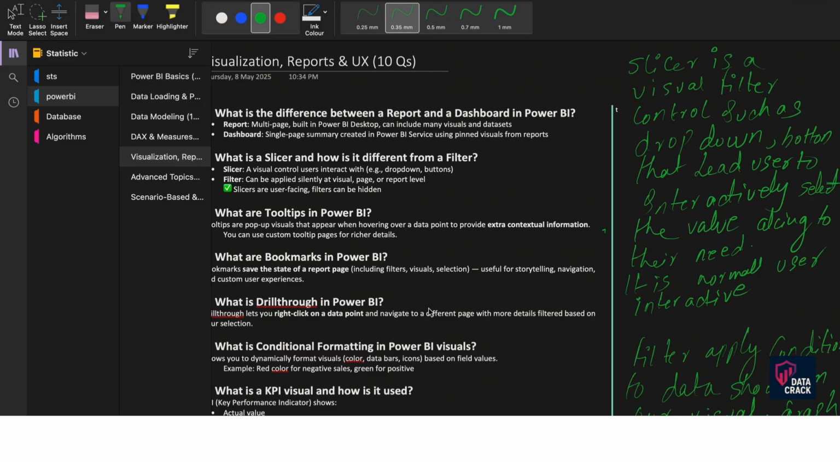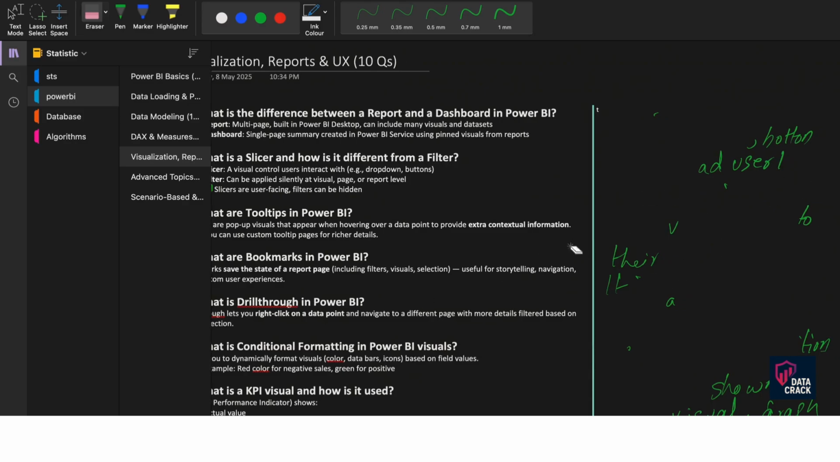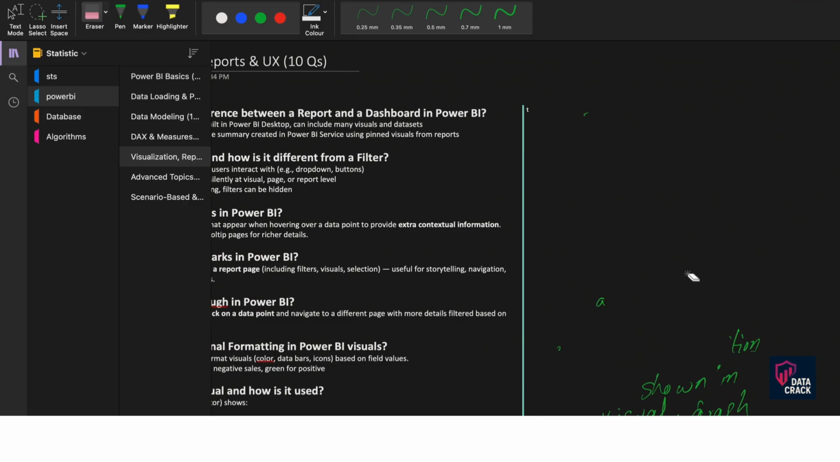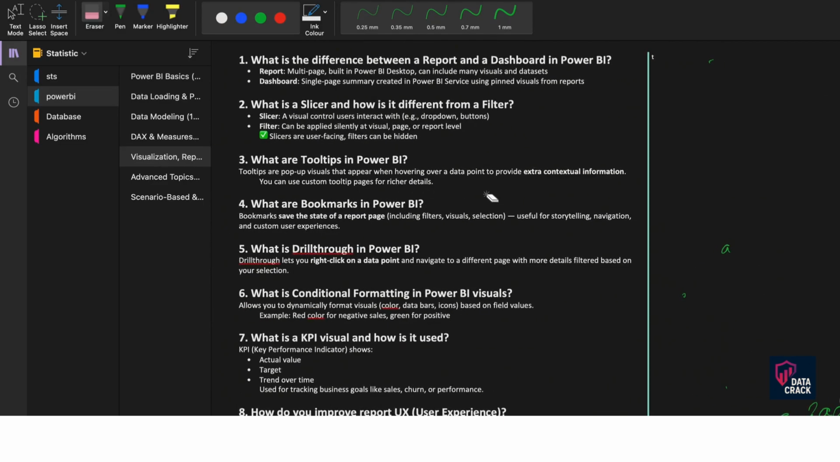What is a tooltip in Power BI? As per definition, a tooltip is a pop-up visual that appears when hovering over the data to provide extra contextual information. We can even create a custom tooltip page for each detail. For example,